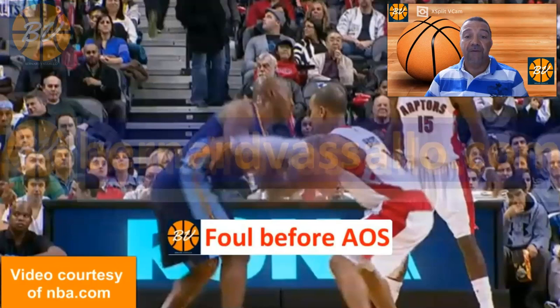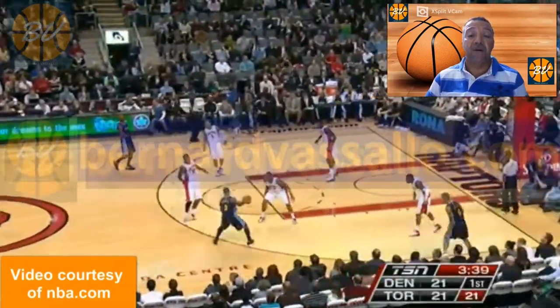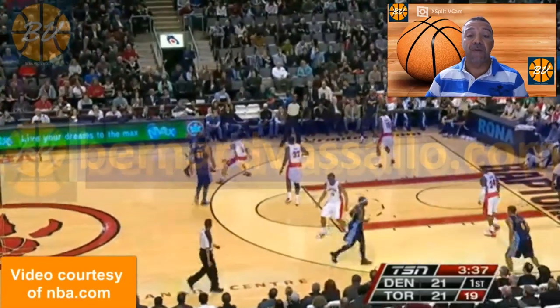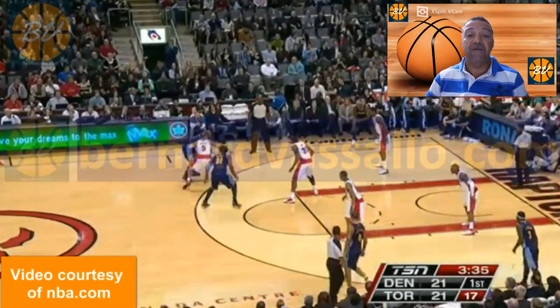A foul before the start of the upward movement, and therefore a foul before the act of shooting. Correct call by the referee to call a foul, but this foul is before the act of shooting. It occurred during the rip-through movement, as we are seeing here, in real speed.